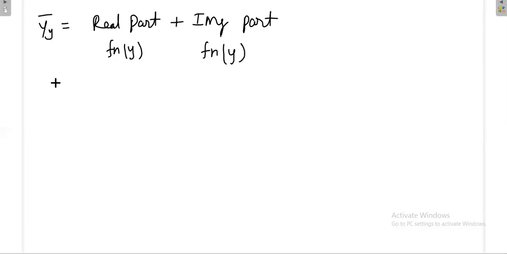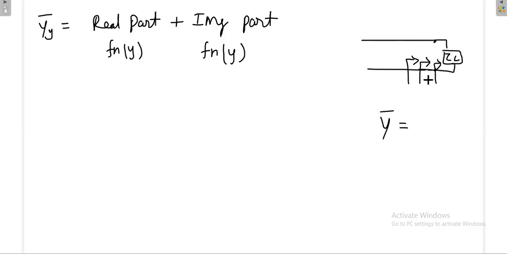Now you move along the transmission line. You have a transmission line, you are not introducing any stub, but already you have some ZL. Now you try to measure the admittance here, not impedance. At different positions, small y I am telling, you will get different admittance, but definitely at some point there is a possibility that you will get 1 plus.